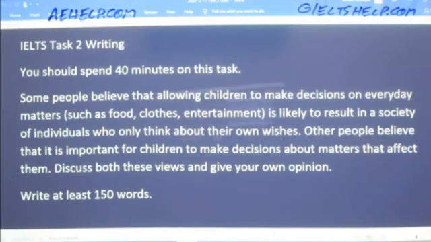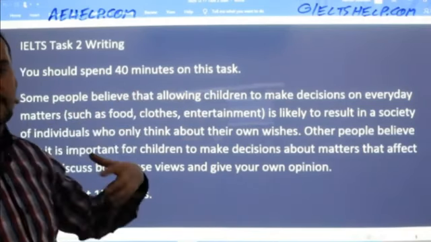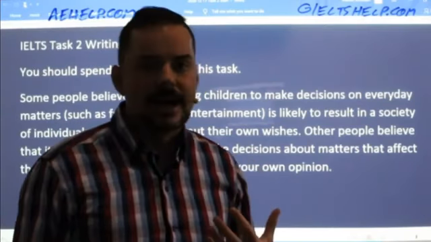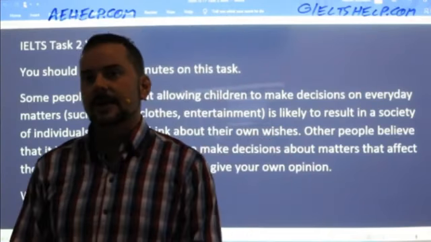Okay. All right, so we read the question. We're thinking about it. That's what I'm doing right now, getting you to think about it, to visualize it, to conceptualize it.